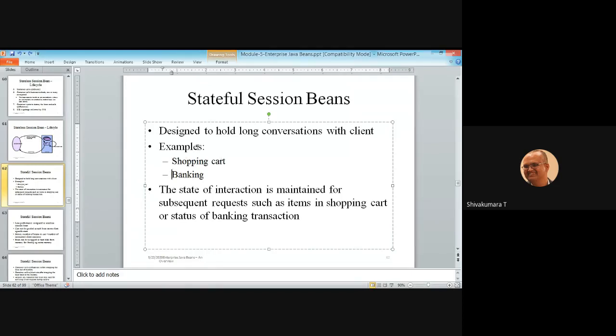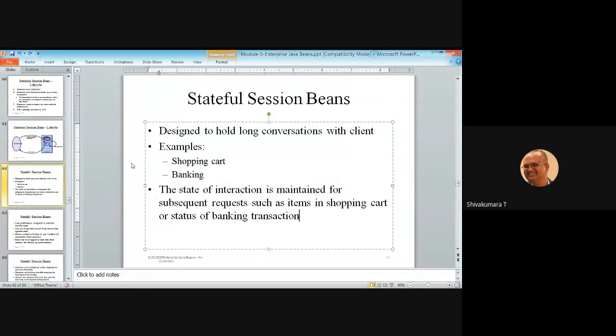So it's a simple example. Shopping cart is one example. Banking is another example. Loan processing is another example. Insurance providing is another example. So many examples exist in the real world. The state of interaction is maintained for subsequent requests, such as items in the shopping cart or status of a banking transaction.